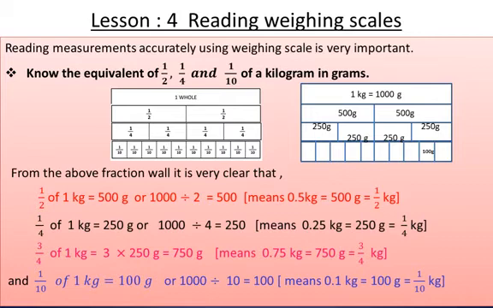So you understood what is half of a kilogram, a quarter of a kilogram, and 3 by 4 of a kilogram. Sometimes they will give you 2.25 kilogram. What does it mean? It is 2250 gram, because 2 is in the units place, and 0.25 means 250 gram. 2 kilogram means 2000 gram, and 0.25 means 250 gram. Together, 2250 gram.